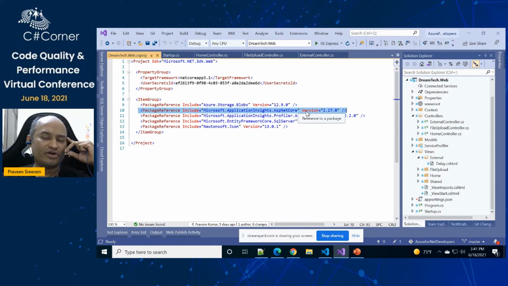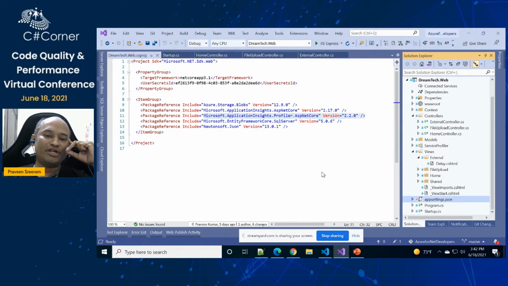But similarly, if you are using Java based or PHP based or Angular, it is very similar. In a similar way, you have to download the appropriate packages. This particular package is sufficient for tracking everything except profiling. For profiling, we have to add an additional package. These two are required for profiling our application. So once you add these libraries,